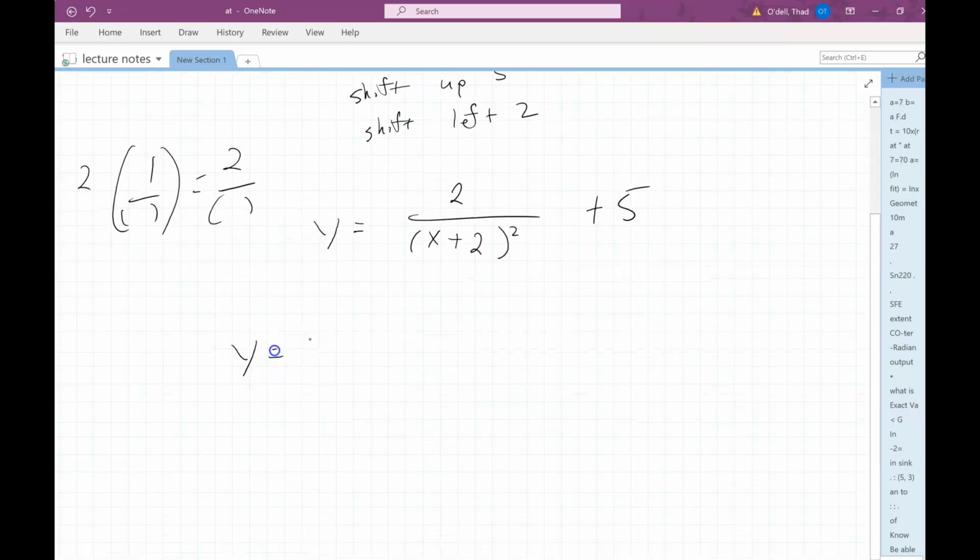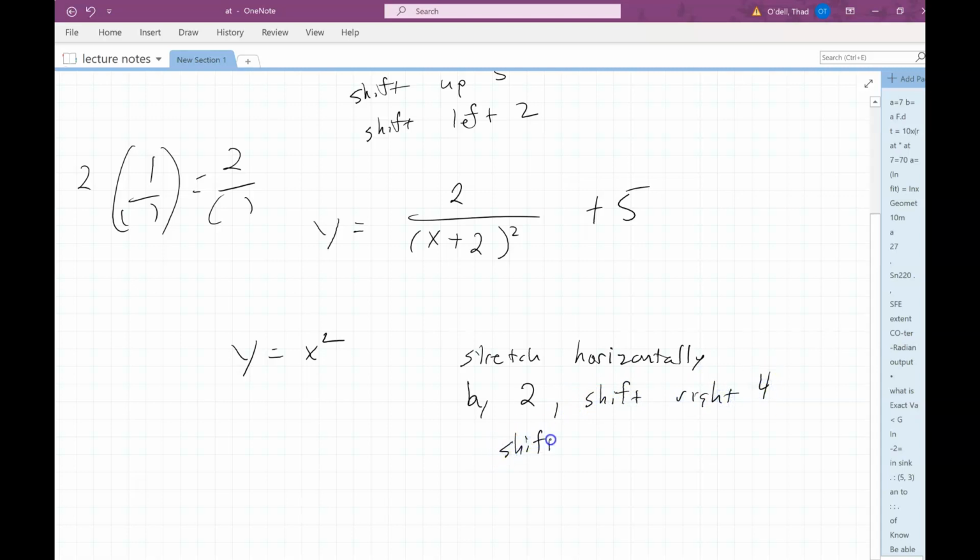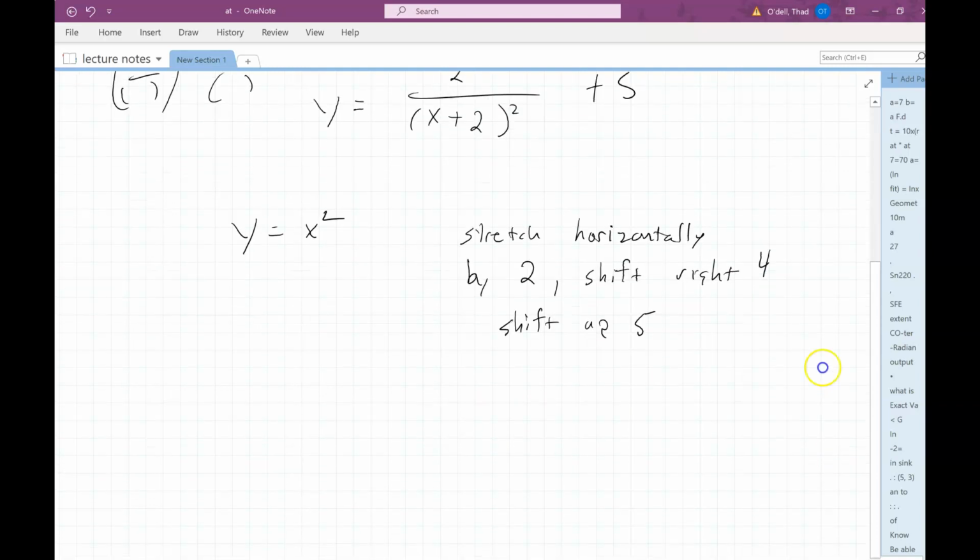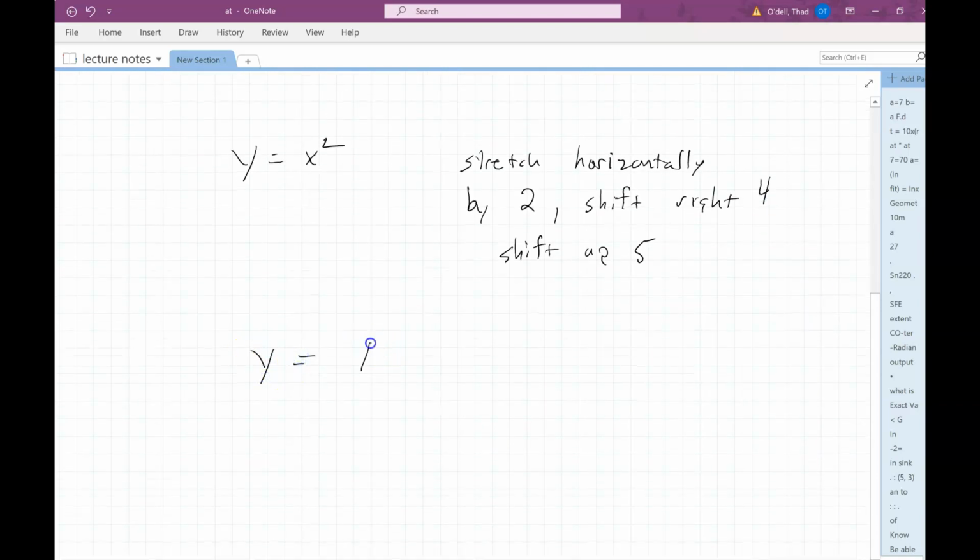Here's another example. Let's say y equals x squared, and we want to stretch horizontally by 2 and shift right 4 and shift up 5. So write an equation for that. So once again, I'm going to go y equals something squared. Now if it's stretching horizontally, that means I got to multiply on the inside. And since I'm stretching horizontally by a factor of 2, that means I'm going to multiply by 1/2 on the inside,